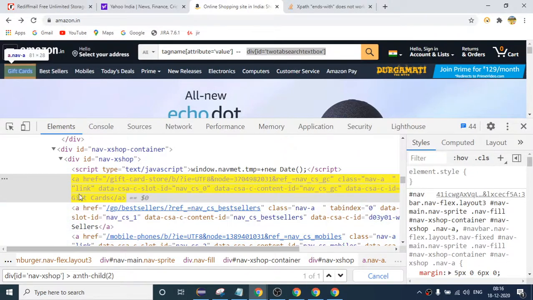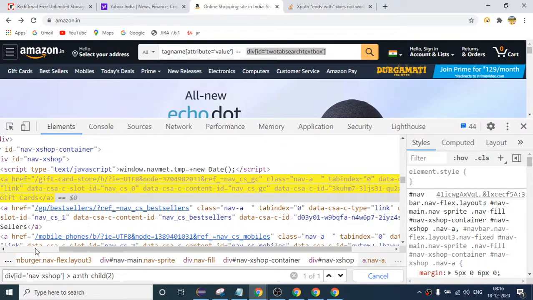What is NTH? Nth in the sense like fifth, instead of 2 I'm saying 2, which means I want to move to the second child. Nth child in the sense like, just assume that if I want to go to the second child, the second anchor tag A, I am providing 2, which means I will move to the second anchor tag A, right? So this is just a syntax actually.